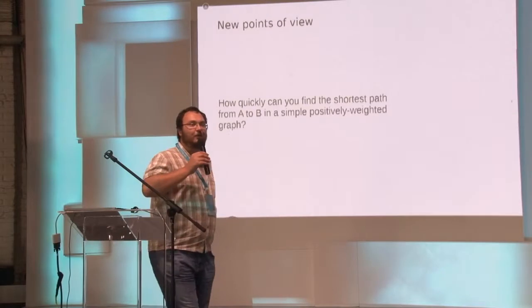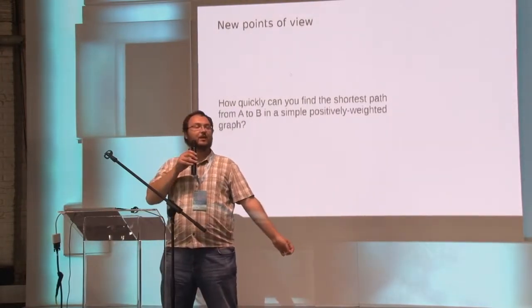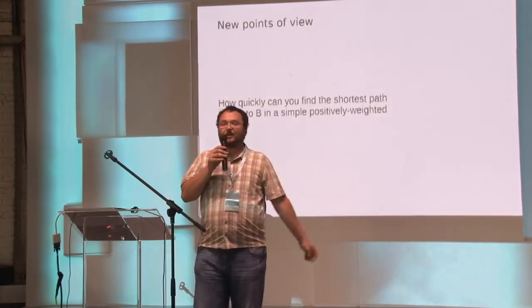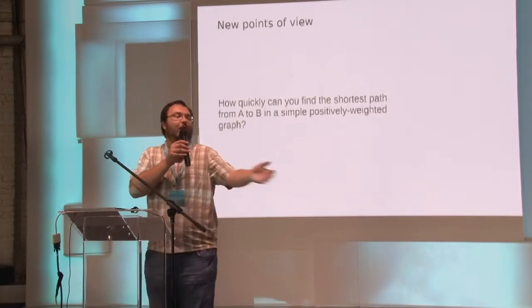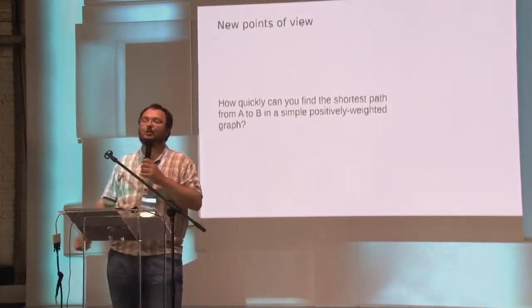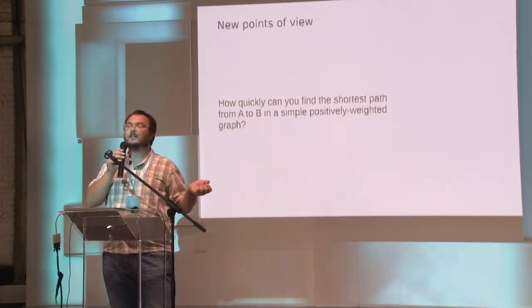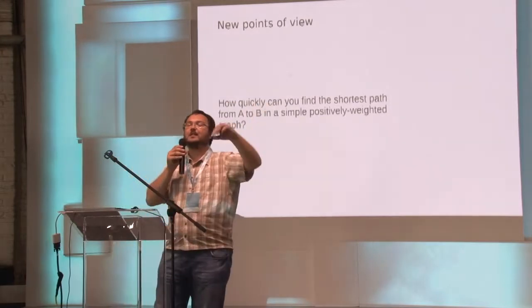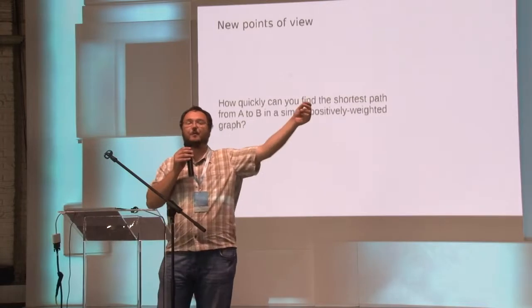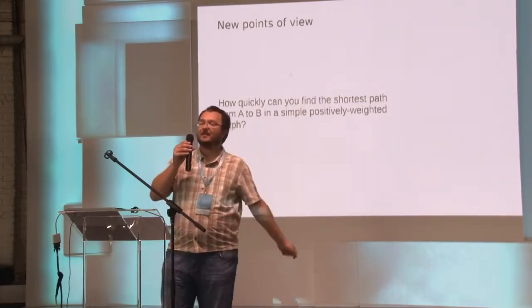Alright, and for the last part of my talk, I'm going now to talk about this problem-solving process in some more detail. So, clearly, all of you have heard questions like this one. How do I get from A to B in the shortest possible way? Or, in the words of graph theory, imagine we have a graph with some vertices, some positive edges, and we are looking for the shortest path from A to B. What is the fastest way in which you can compute this?